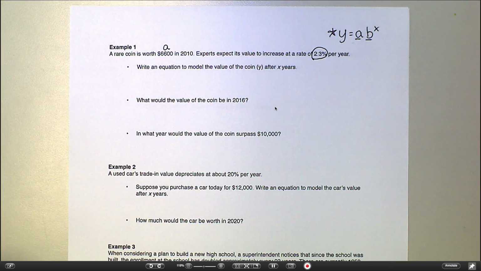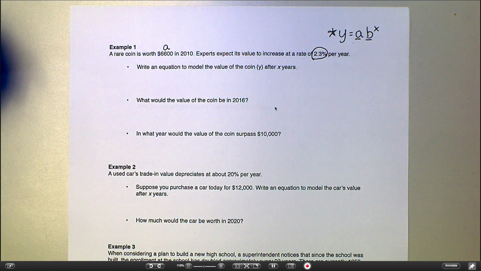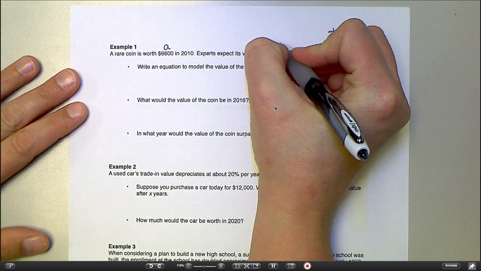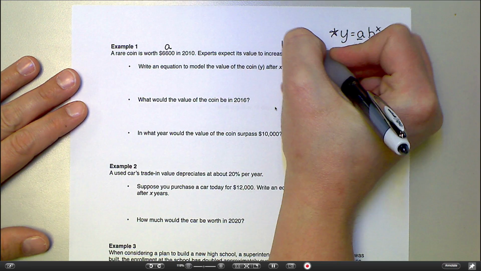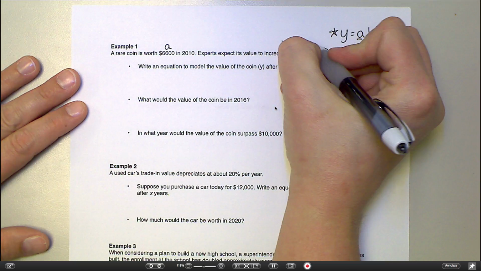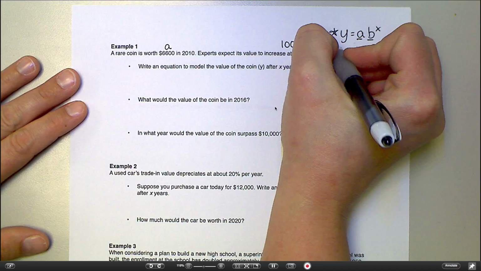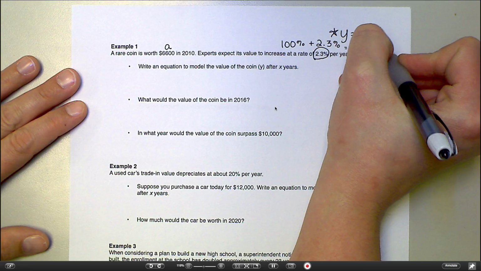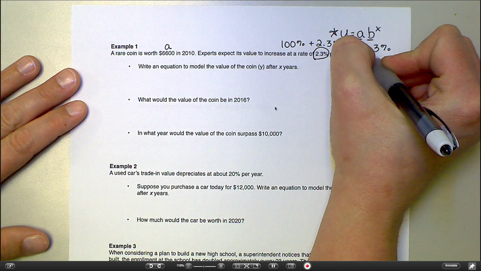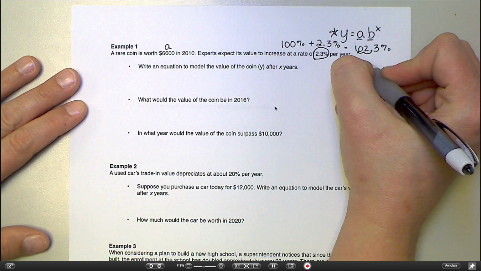Now you have to be careful here because you don't just want to multiply by the 2.3%. That's actually going to make it get smaller. If you take 2% of something, that's going to be smaller than what you started with, right? So remember that to make things grow with percentages, I have to take that 2.3% and add it to 100%. So 100% of what I started with plus an additional 2.3% gives me 102.3%. And then I'm going to move the decimal on that, and so my b value is going to be